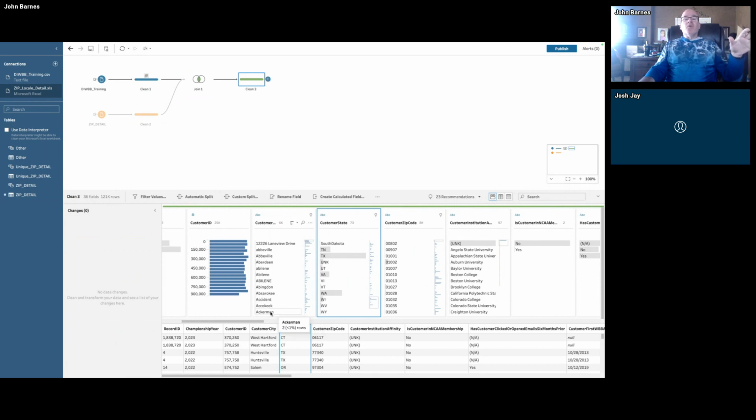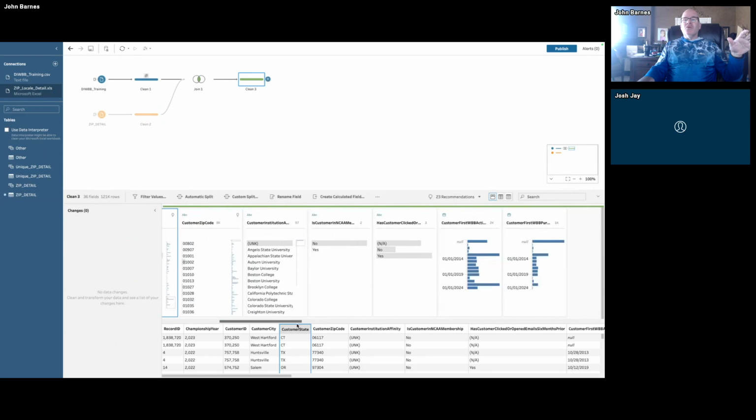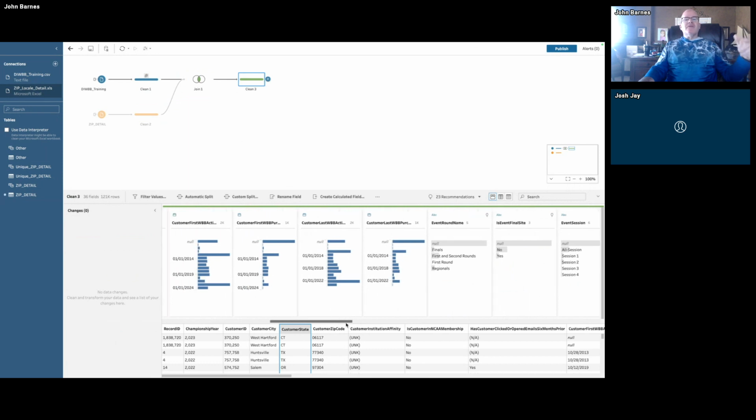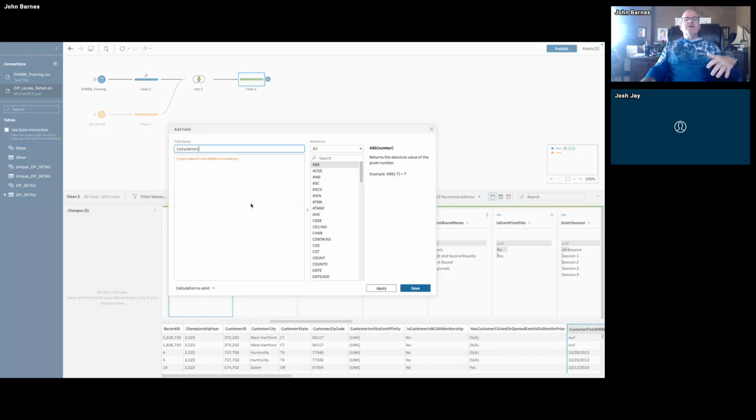The other thing that you might want to consider doing in this data as you go along, as you clean it up, is start looking at the data that's actually provided to you and start creating information that's relevant to the analysis that you're trying to do. For example, I have a customer first reference field and I have a customer first purchase field. So I can easily create a field that is a calculation between these two that is simply show me the difference from the day that they first contacted us to the date that they first purchased. How do I do that? I could use a function called